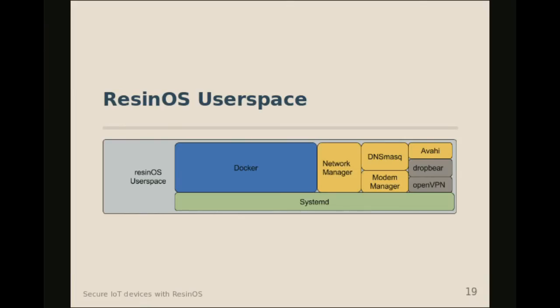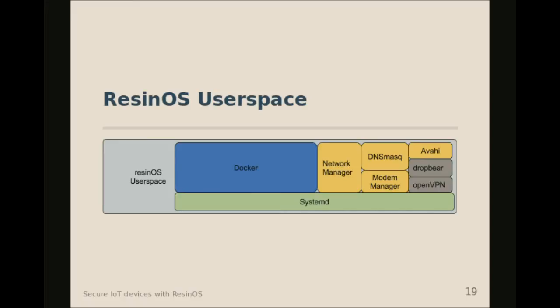So here's the basic user space, which you touched on. We have the underlying ResinOS. It's running systemd as an init system. NetworkManager for connectivity makes it really easy to drop in additional network profiles, and it will just connect. You can add multiple networks. We have some reference implementations for doing a hotspot system. So if you're giving it to someone else, they plug it in, power it up, it'll create a hotspot, they connect, they put in their Wi-Fi credentials, and then it connects to their Wi-Fi, kind of thing,